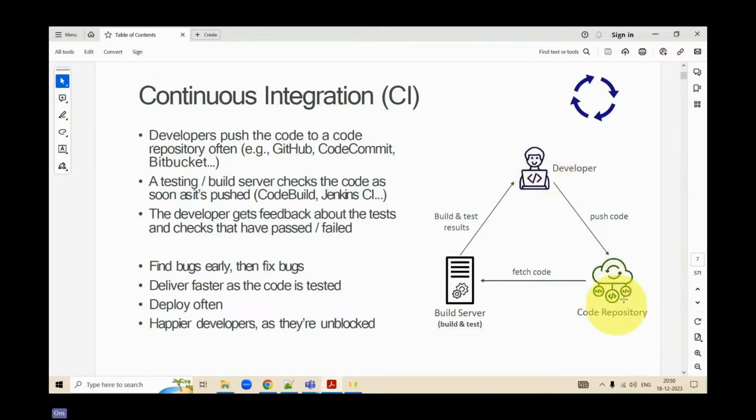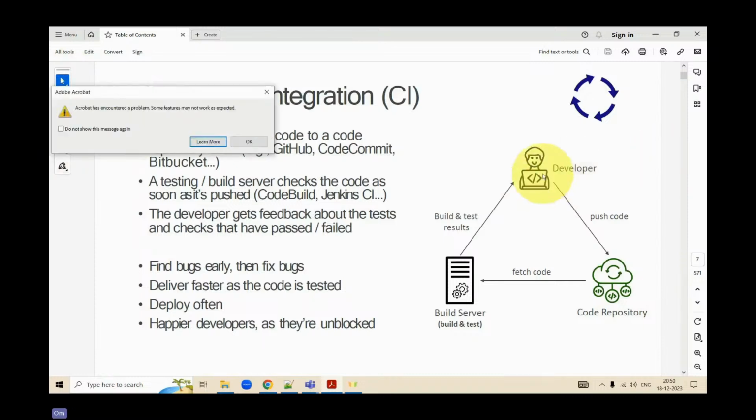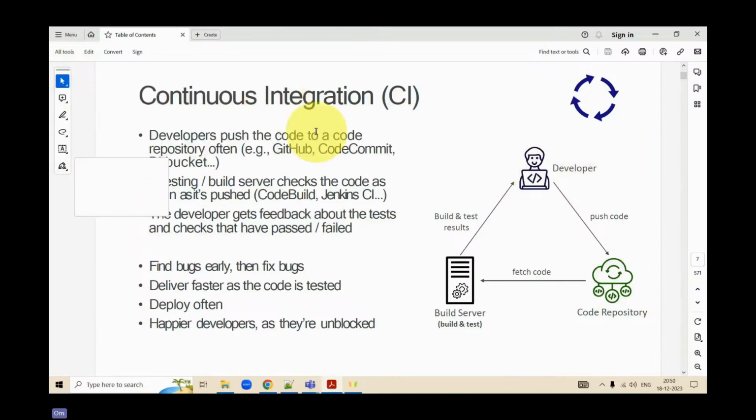So it's a place where your code resides. If there are 10 developers working on the same code, all 10 developers can push the same code into the same repository at the same point of time.